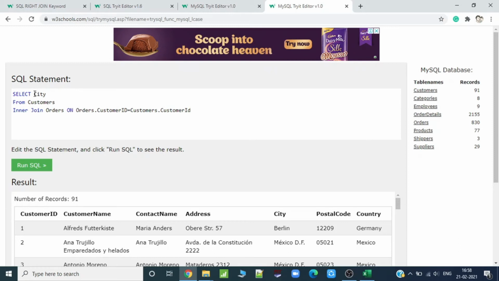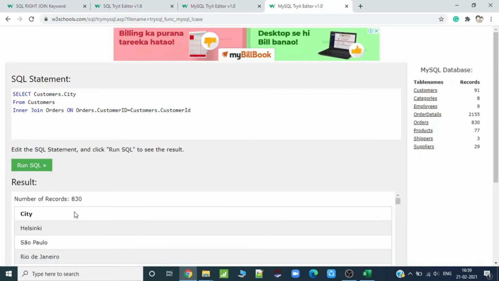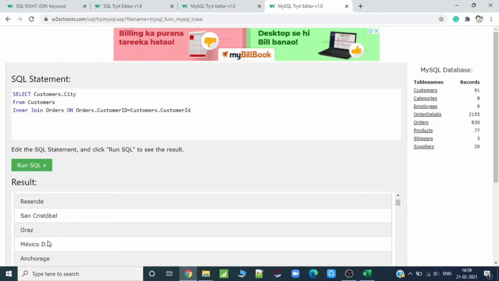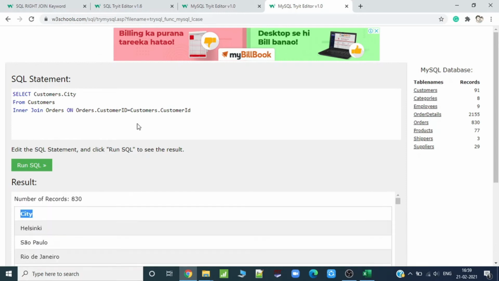So I would just write customers dot city from customers inner join orders, and the condition is that orders customer ID should be equal to customers customer ID. If I just run it, I would get 830 records. Like I would get the city of all the customers who have given orders in the orders table. So now how does it work? Actually, it combines both the tables.